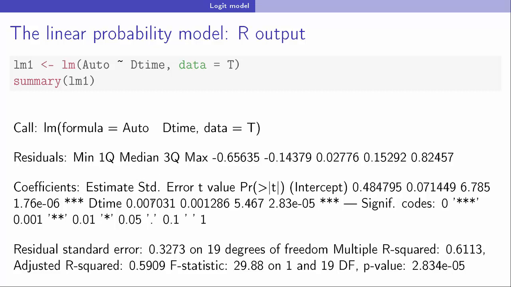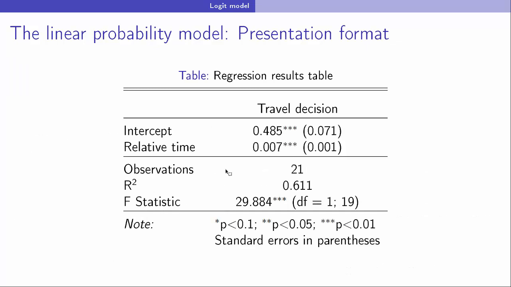So I'm going to remember that all this output comes, but I'm just going to be taking a snapshot of it when we go through these slides. So we've got something like this. Okay, so this would be my summary regression results table, 21 observations, not really interested in the intercept. I've called this relative time, so I haven't just called it d time, which is the variable name in the data file. I've given it a meaningful practical name, and you can see here that this variable is statistically significant